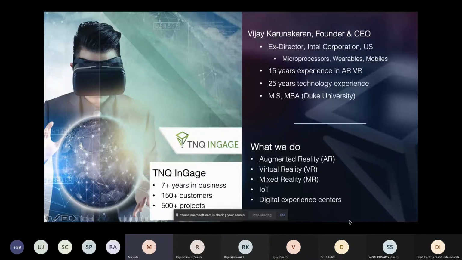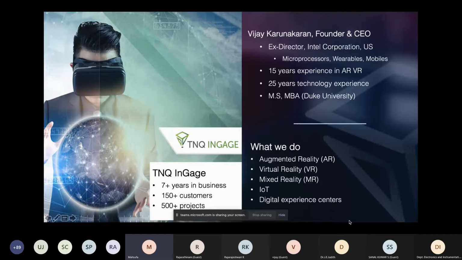During his 12 years at Intel as director, he led and nurtured various business and engineering functions that included smartphones and tablets business development, automobile processor design, and validation. He holds an MS in electrical engineering from Tennessee Tech and an MBA in entrepreneurship and marketing from